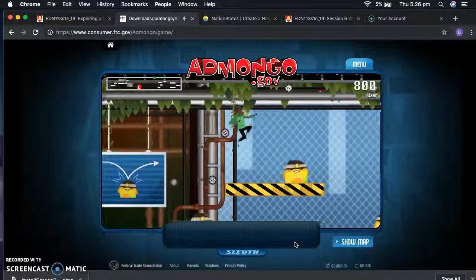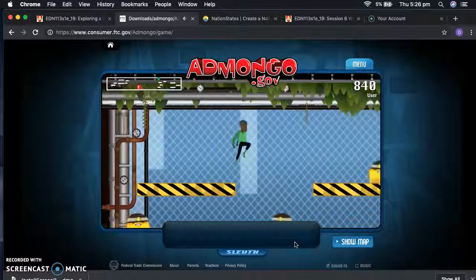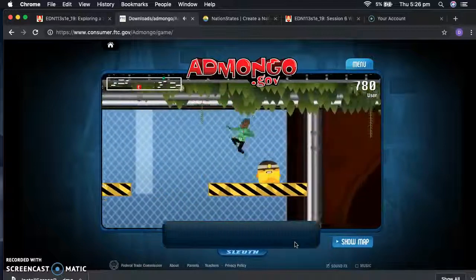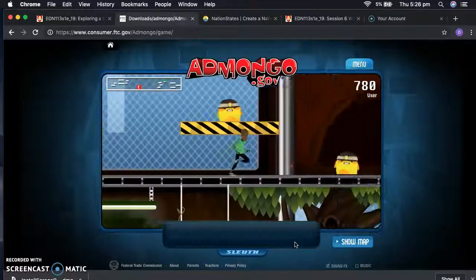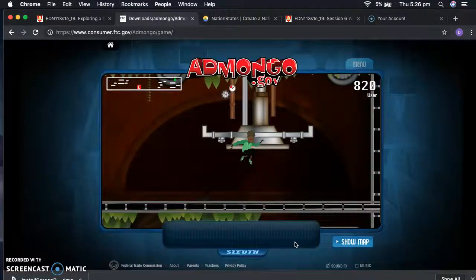Teaching them about killing baddies, which is important if they join the army or something. Here he is running through. Now we're on to the next level. We passed the first level of ad literacy. So after that, students should have a pretty comprehensive understanding of why ads are ads and the literacy behind it,